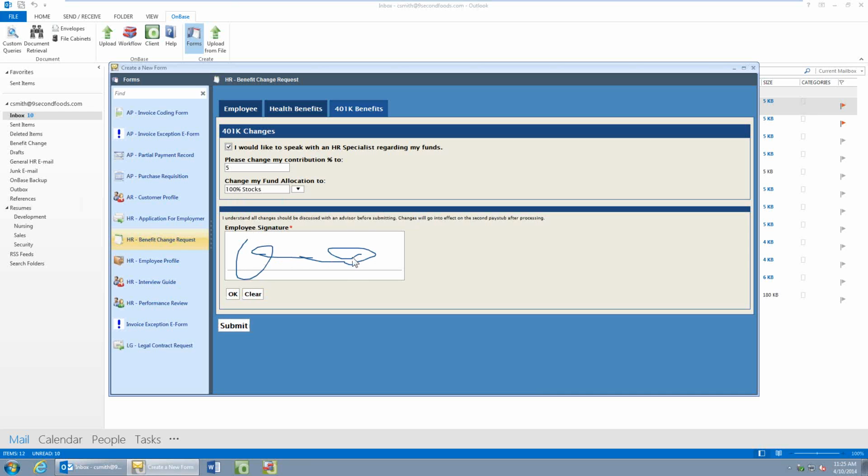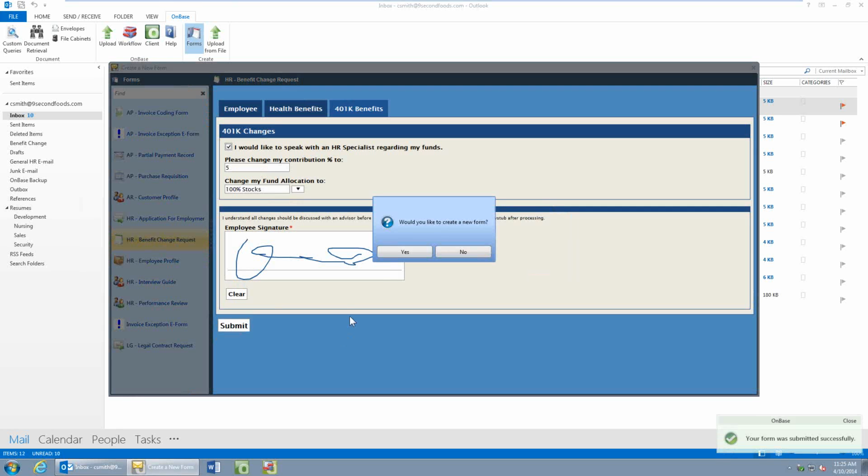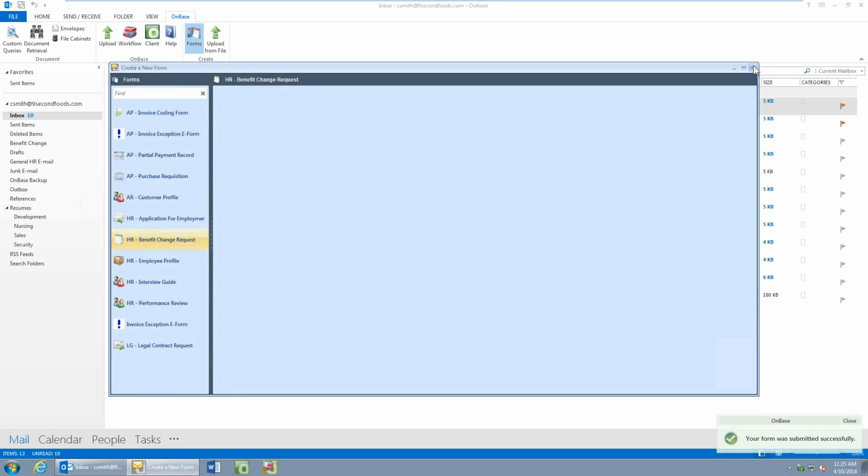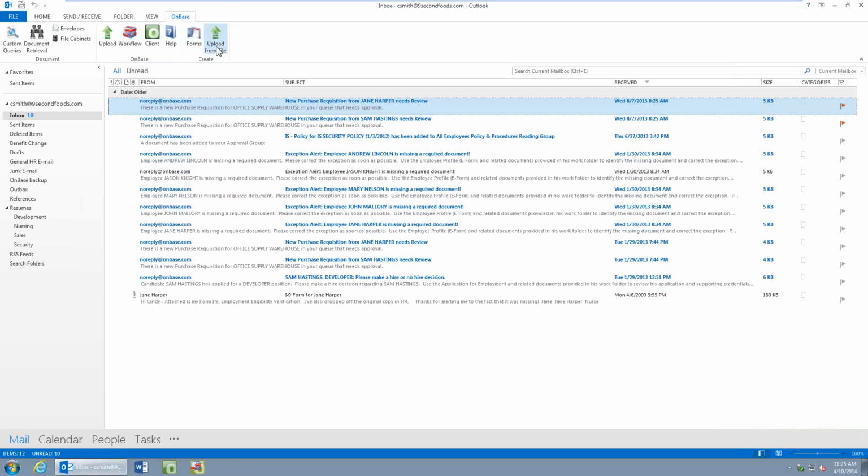And I'm not very good with the mouse, but if you had a signature pad, that could actually work also, where I can save that signature, submit that e-form. That starts a whole workflow process. Again, now invoked directly from Microsoft Outlook. And I can